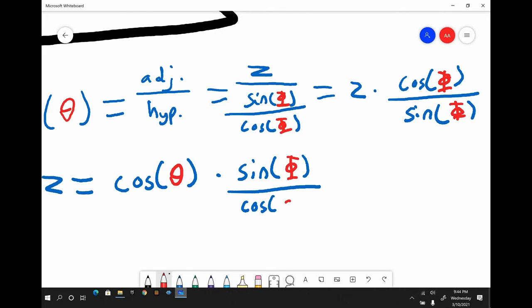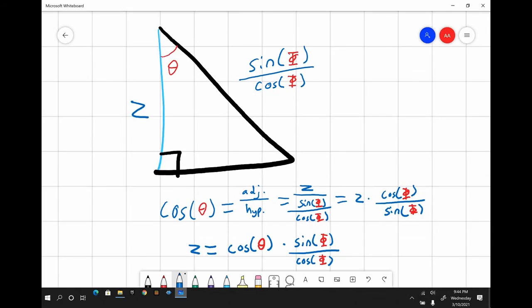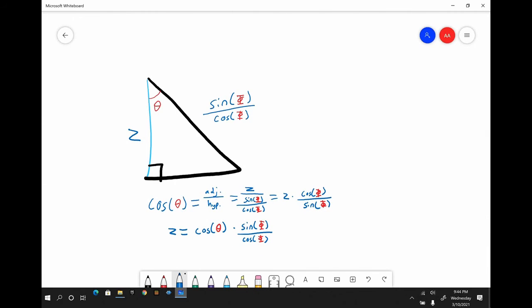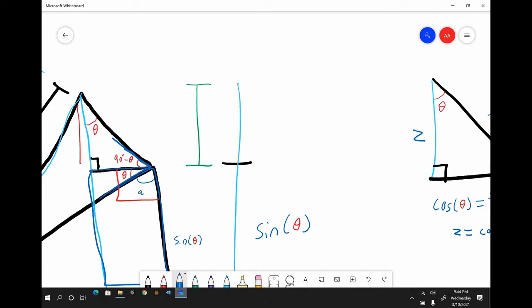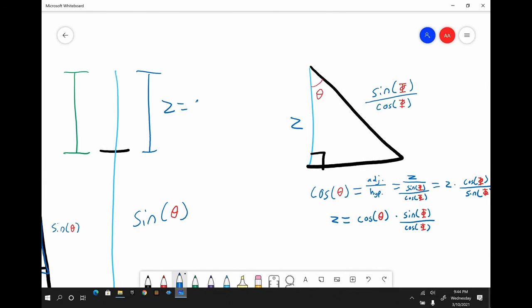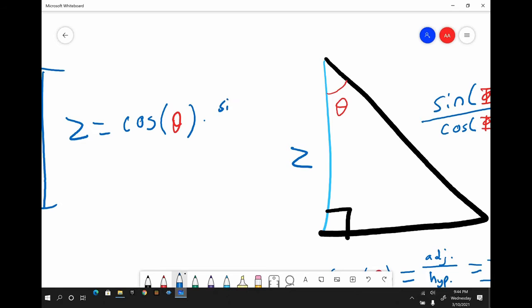So even though they are complicated, remember where they're coming from. So now we have a known value for our z, which is the height of the triangle, and that's what we're looking for. So labeling that as z, which equals the cosine of theta times the sine of phi over the cosine of phi,